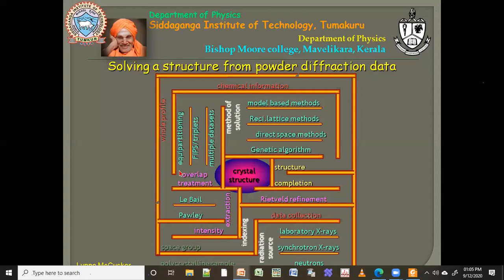Then, this is equivalent to your Pawley. Okay, either you do this Pawley or indexing, or you can just take a database and match it with the database. Okay, so these two are the same. So you can either follow this route or this route, it doesn't matter. Okay, you just go to one of them, and then finally what you do is Rietveld refinement. Okay, so you can use this direct space or model based. In our case, it is model based. So we are going to take an existing model, put it in the software. Okay, and then you just do the Rietveld refinement, you will get the crystal structure.